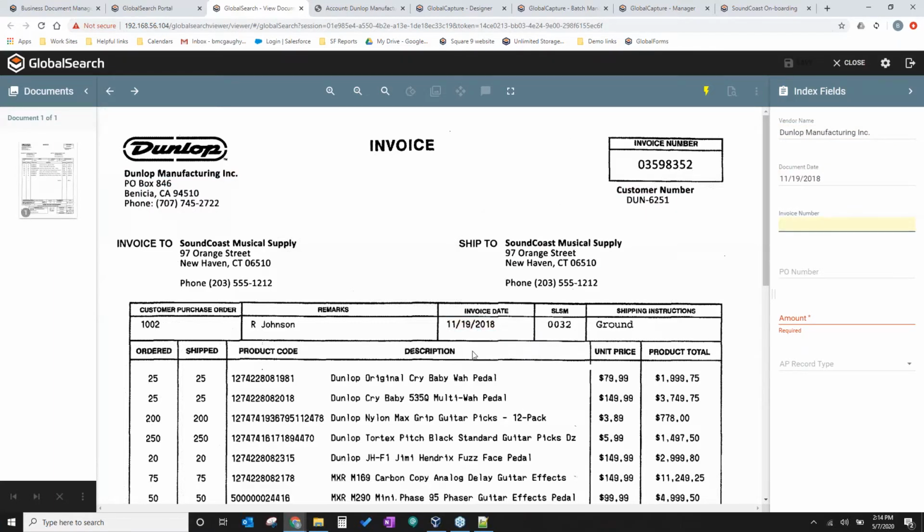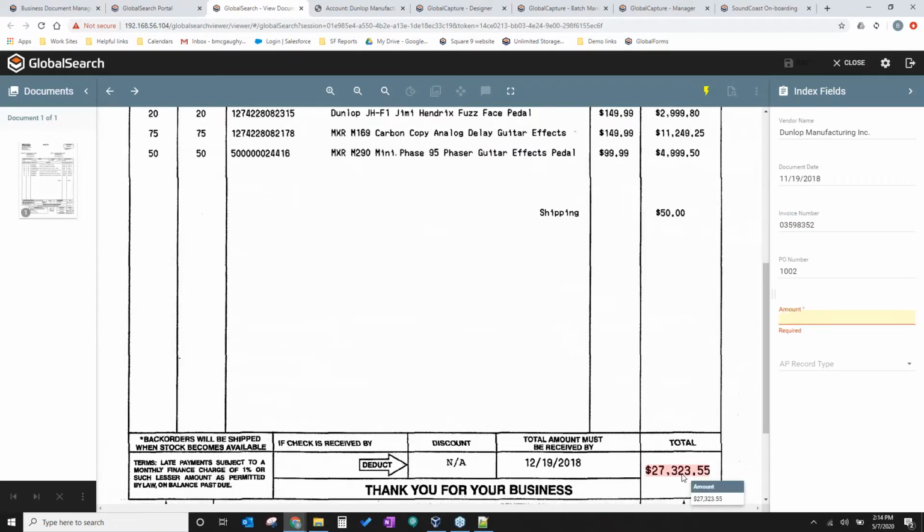My document date is going to be this invoice date, my invoice number, my PO number, and then down here is my amount. And one thing I wanted to point out, if you notice, is a little red asterisk beside the amount. I made this field required. So you can make fields required, so when your end users are putting documents into the system, particular fields can be required. Once that document hits the system, if that field isn't filled in, it's not going to let me save that document. So if you notice, I have the save highlighted. If I take this amount out, it's not going to let me save it anymore, right?